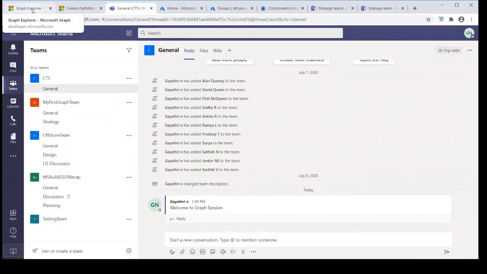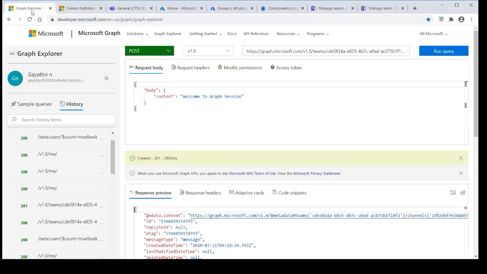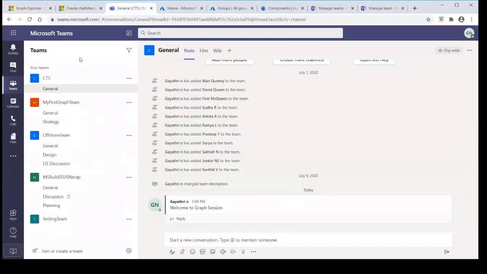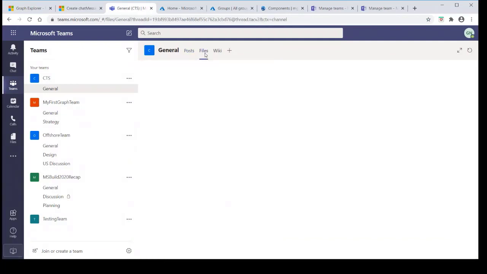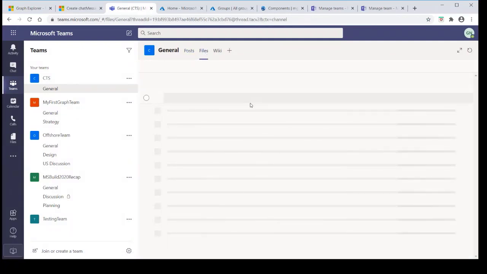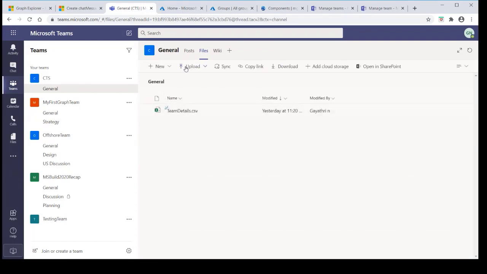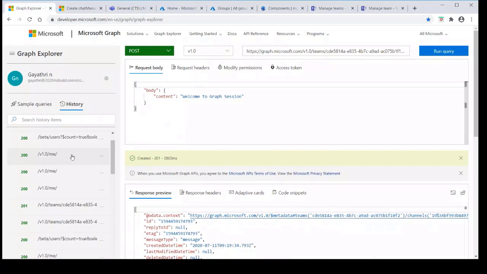And we have another API which is to retrieve the files and folders. Once you create a team, we have a SharePoint site available. If you click on files, I have attached a sample CSV file over here. I'm going to retrieve this file by using Graph API. This API is newly released as part of Build.